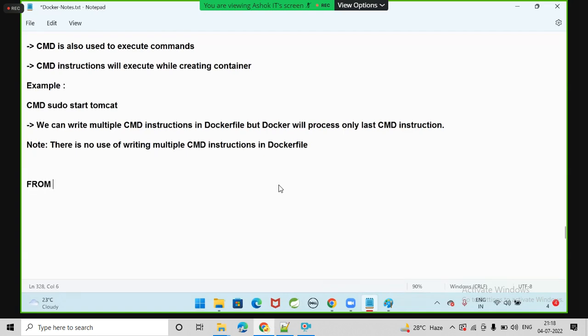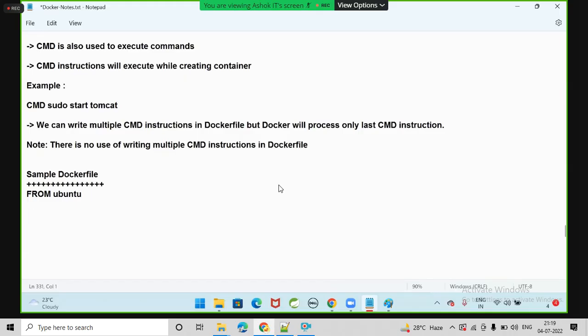Guys, not for any application, I'm writing a dummy Docker file: FROM ubuntu. What is the meaning of FROM ubuntu in my Docker file? A sample Docker file I'm going to write with the syntaxes we have learnt as of now. FROM ubuntu is going to download the latest Ubuntu OS image. Then I'm going to write